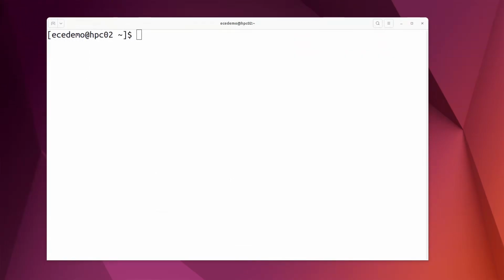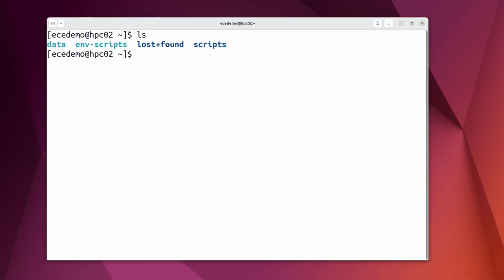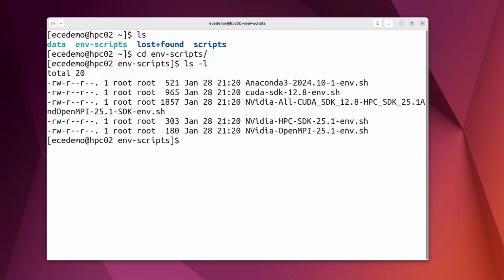Okay, so if you remember from a previous video, what we did was we created a directory called environment scripts, and so we're going to use that to find our script that we want to source. So I'll do a change directory into environment scripts, and I'll do an ls -l, and you can see where these